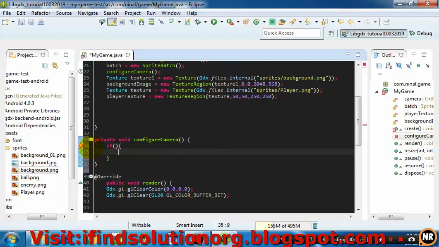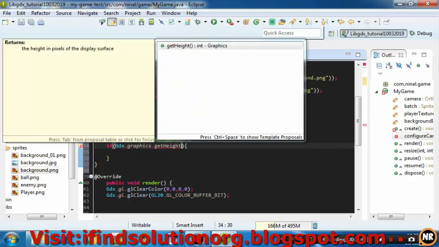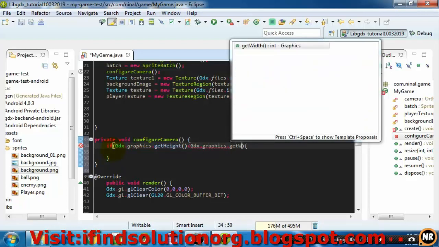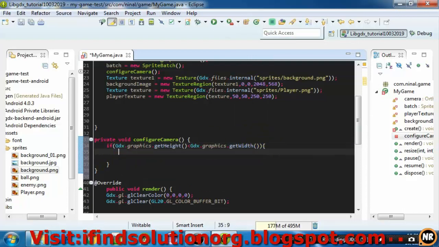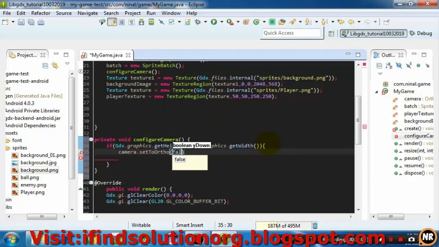that will tell if graphics dot get height is less than graphics dot get width, then we want to set our camera to ortho, false as the first parameter,